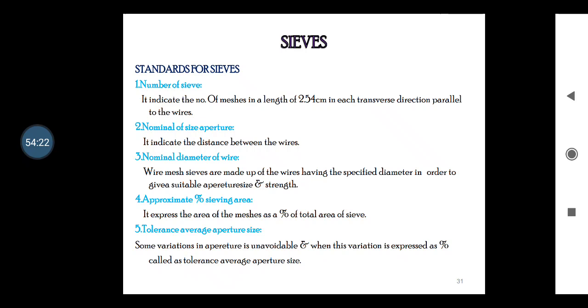Some variation which the aperture size undergoes cannot be avoided. Such variations are termed as aperture tolerance average, which is expressed in terms of percentage. It is a limit set by the pharmacopoeia, and within this limit a particular dimension or the average aperture size can be varied for its use. The viewing accuracy of fine meshes and coarse meshes is not the same. Thus the aperture tolerance average for the coarse sieves is lower than that of the fine sieves.